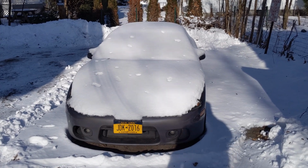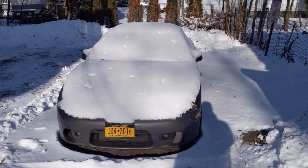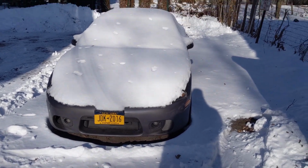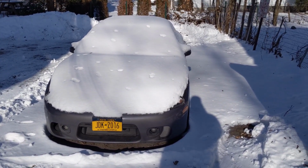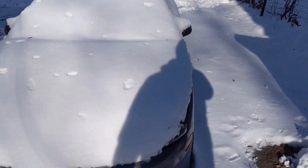We are going to be messing around with this one today. As you can tell, we got snow. Ugh, I live in the wrong state. If I had a garage, I'd love life. But anyway, what we're going to be messing around with after all this gets cleaned off,